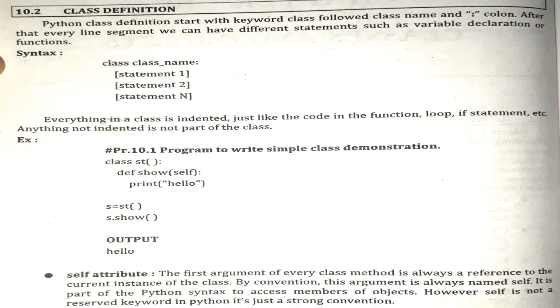After giving the class name, put a colon, and after the colon you can declare the variables and have the methods inside the class. All the content will be there, but it is very important that the content is indented. After the class keyword you cannot directly start writing the content; it should be indented, after some spaces, so that we can tell these are the statements inside the class. Just see example PR 10.1.